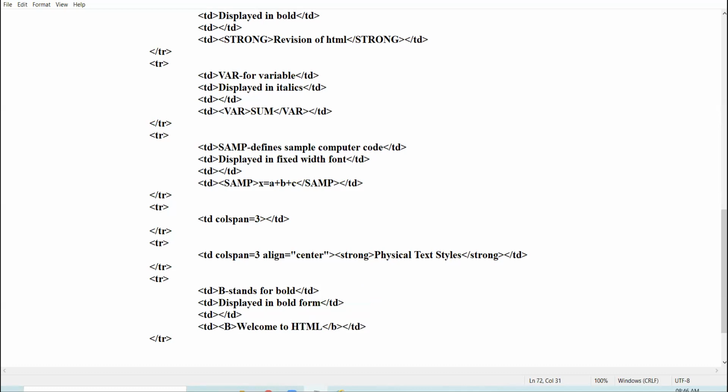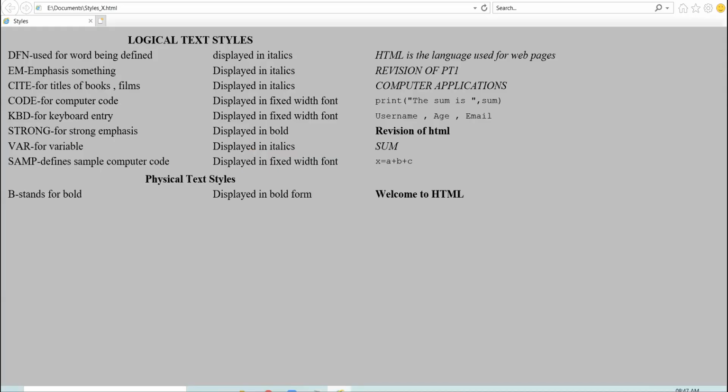So it will appear in bold form. See here, see the output. Clearly see the output. Am I clear to all?